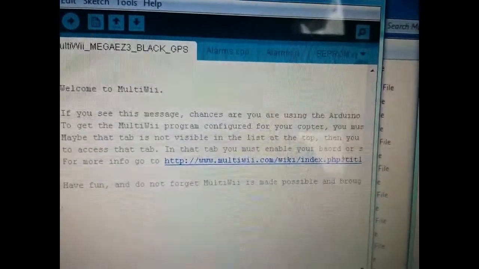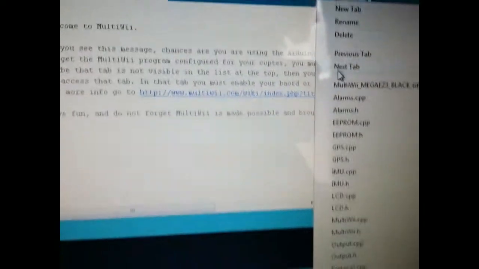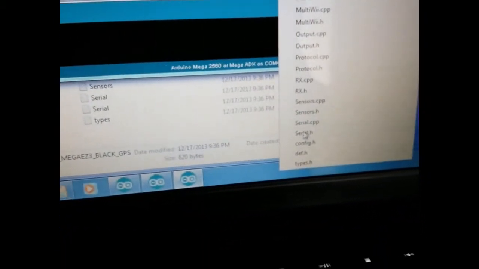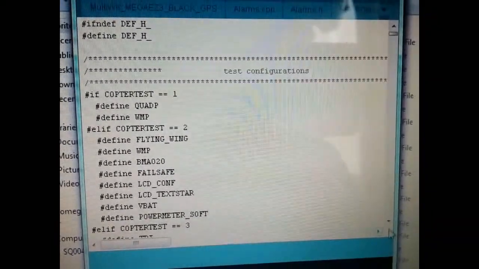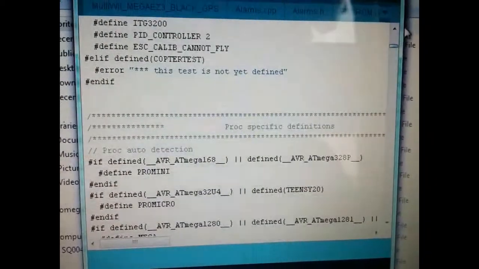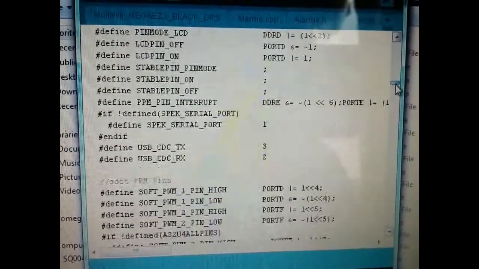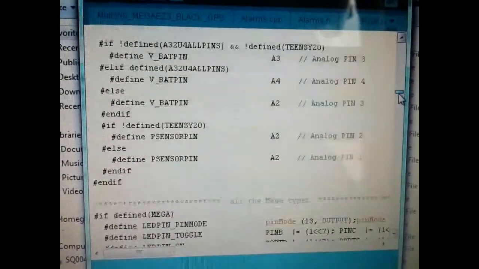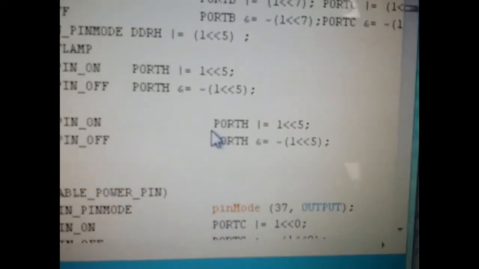So I'm going to do it to a fresh one here, and I'm going to show you. I'm going to go to my column here, and I'm going to go to DEF.H. First thing you see is test configurations. So I'm going to go here and scroll down. It's about almost a third of the way down. Alright, we're going to go to all mega types. And you notice in the ports, port H,